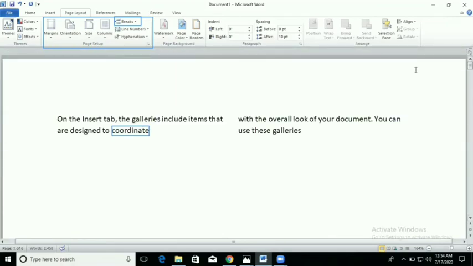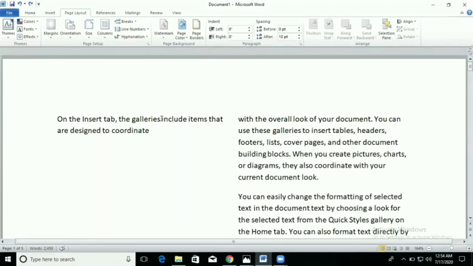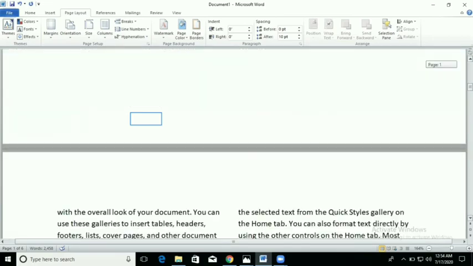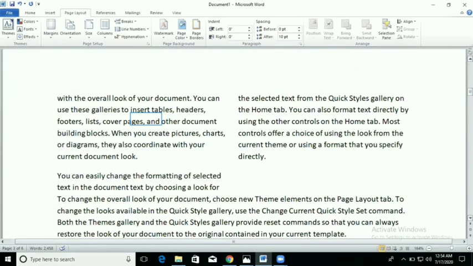Again, I am showing you. Firstly, put the cursor where you want to insert it. I am just putting a rectangular box where I want to insert the column break. For example, I want it after the galleries word to go to the next column. Put the cursor. You can use the shortcut key or you can go to the break option. Shortcut key is Control, Shift and Enter. You can see here, now the text has gone to the next column. So this is called column break.